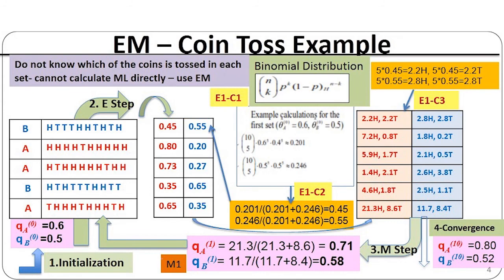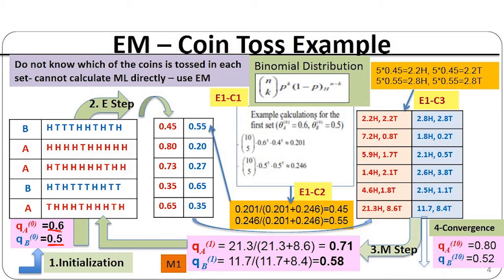In the next example, we are going to use the complete expectation as well as maximization steps to find the probability or the missing values. As per the previous slide, we have calculated some values for coin A and coin B. Now here are coin A's probability as well as coin B's probability of being heads. So here the 0.6 and the 0.5, which I have selected. This is the random value, these are the selected values. I did not calculate it. This is a randomly selected value.